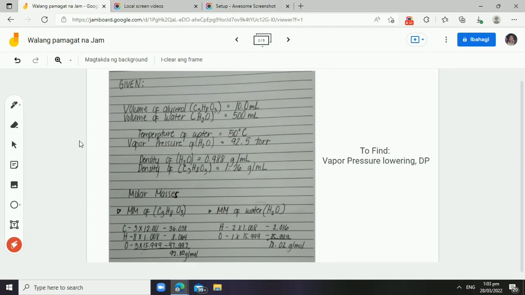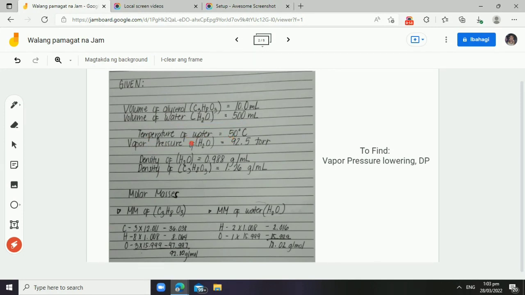So, para lang mas malinawan tayo dun sa given ng problem, sinulat ko siya. We are given the volume of glycerol and water. Sa glycerol, we have 10 ml and sa water, we have 500 ml. Kung makikita natin dito, mas malaki yung amount ng water, which is 500 ml. So, siya yung solvent. Next, we are also given the temperature of water, which is 50 degrees Celsius, and